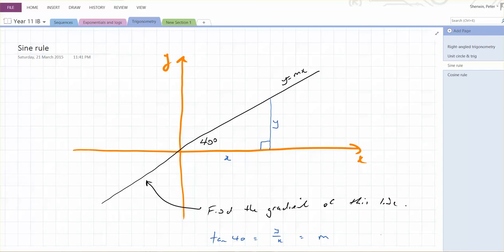Okay, it's time to look at the sine rule in our section on trigonometry. We've reached that point. We've been looking at the right-angled results of Pythagoras, SOHCAHTOA, that sort of stuff, some bearings, angles of elevation,